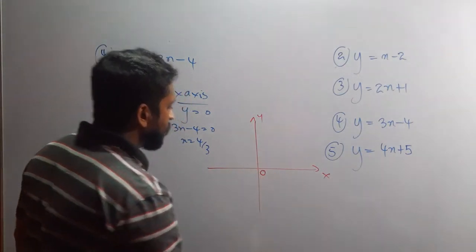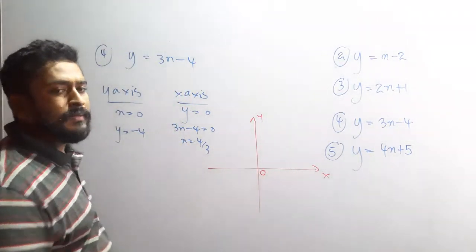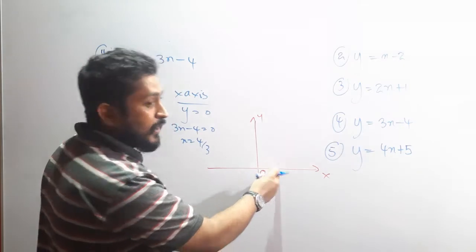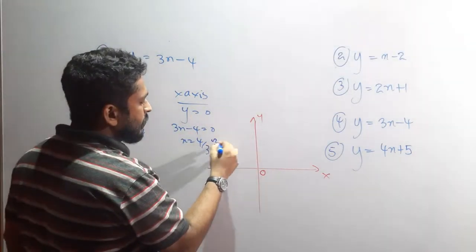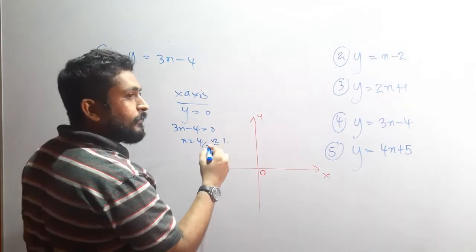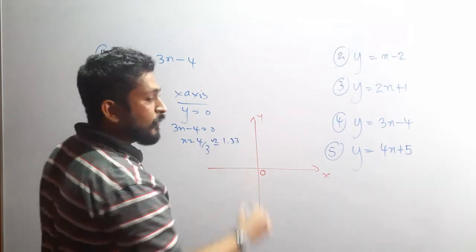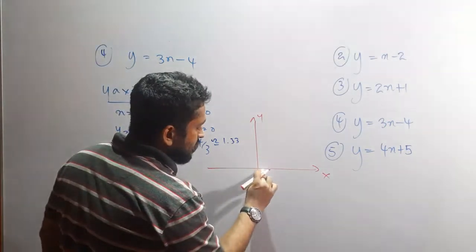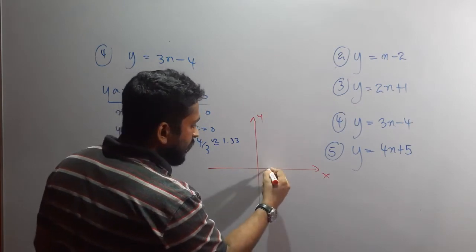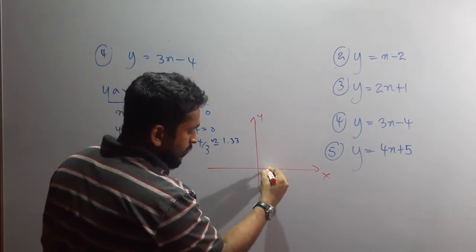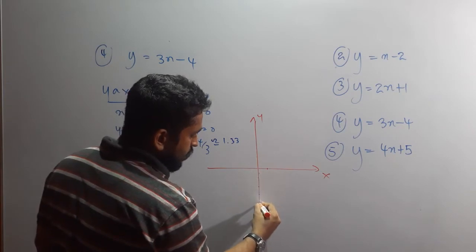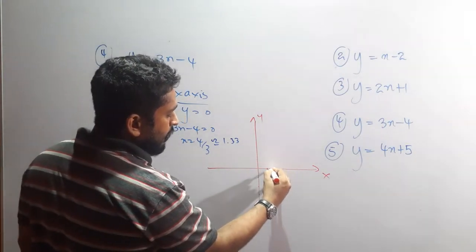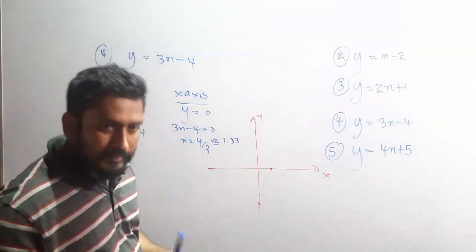So this is the origin, and y is minus 4, x is 4 by 3. Approximately what is the value of 4 by 3? It is not to mark, but to have the idea. It is 1.33. So let's have 1 like this part, and we need to have 4 as well. So this is 1, 2, 3, 4, and minus 4. 1.33 is between 1 and 2, about 1.3. You have the estimate, that's it.